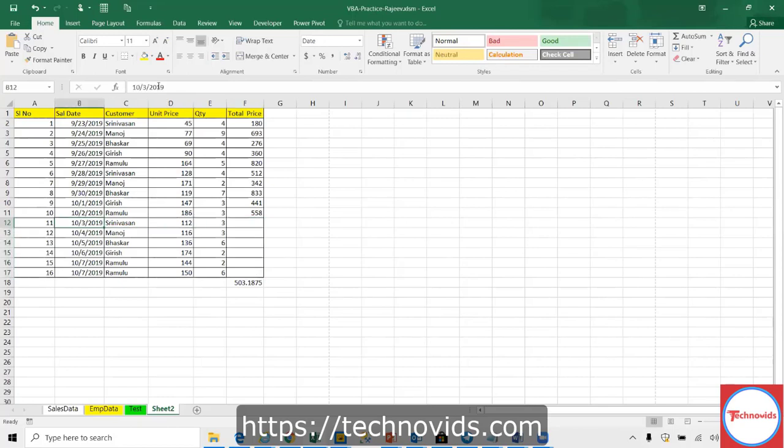Let us assume this is of 2020, so I don't want to consider 2020 at all. Or this is a separate month, right? So this is of, let us say, September. And this is of October. So I want to do this calculation only till this 10.